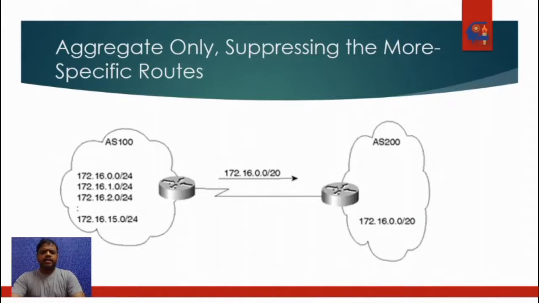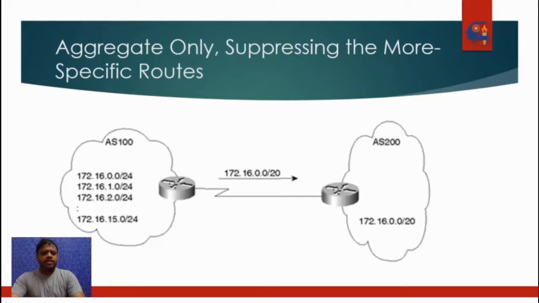This is usually done when the more specific routes do not offer any extra benefits such as making better decisions in forwarding traffic. The figure shown in this screen illustrates a situation in which all the routing updates are lumped into a single aggregate. Suppose that Autonomous System 100, which is shown on the left side on the topology, has the subnet ranges